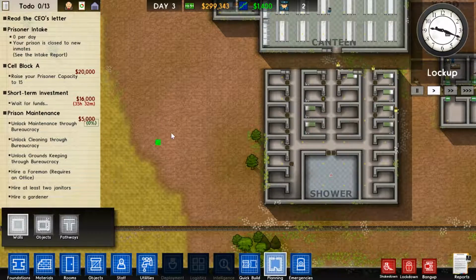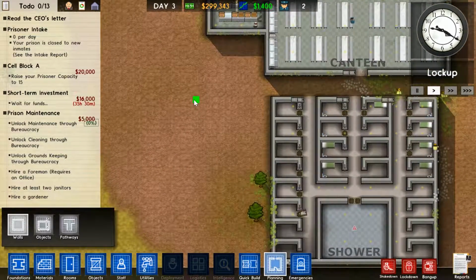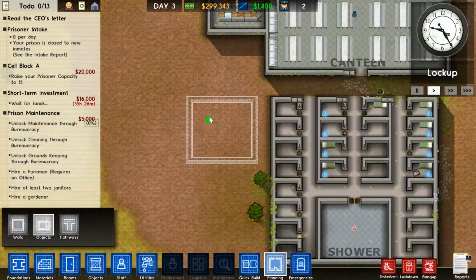So, the best situation we'd want is if we had a medical ward. And I want this medical ward to be fairly big, because we're probably going to have a lot of injuries. So, if I did something like this...